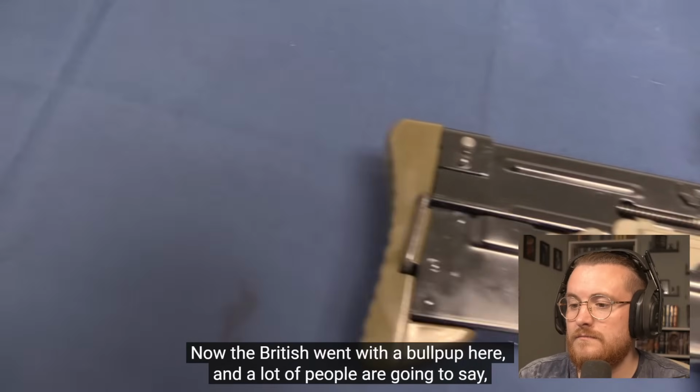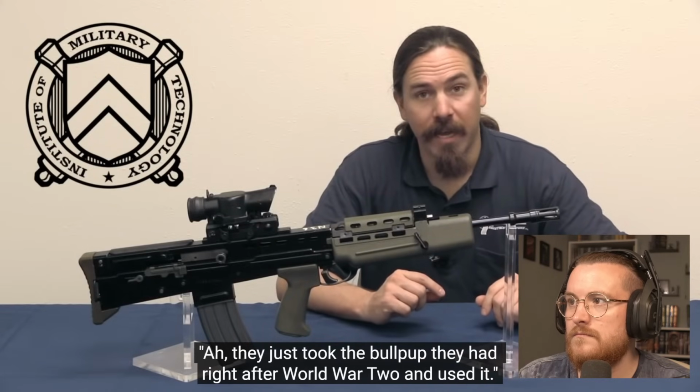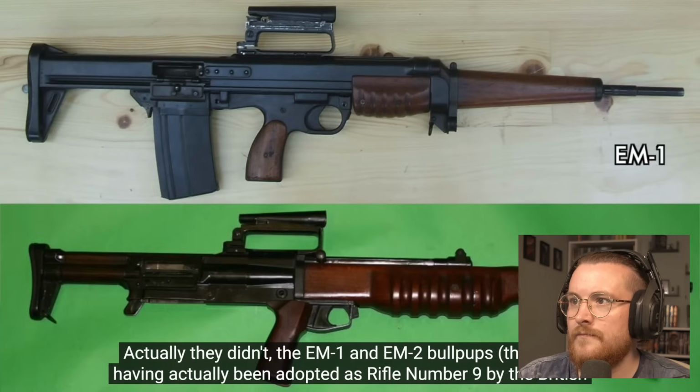Now, the British went with a bullpup here, and a lot of people are going to say they just took the bullpup they had right after World War II and used it. Actually, they didn't. The EM1 and the EM2 bullpups, the EM2 having actually...